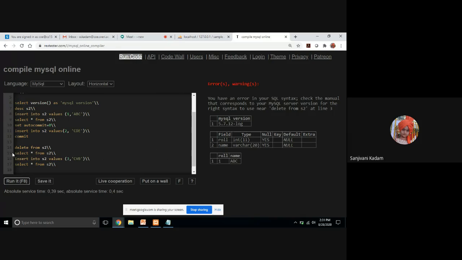For the rollback, there is some difference. Whenever we perform the commit, this will save the changes of the first and second record. But whenever we perform the deletion, this will delete all the records, and because of which this statement will not have any output. And again, when we perform this insertion, we will get the insertion done,